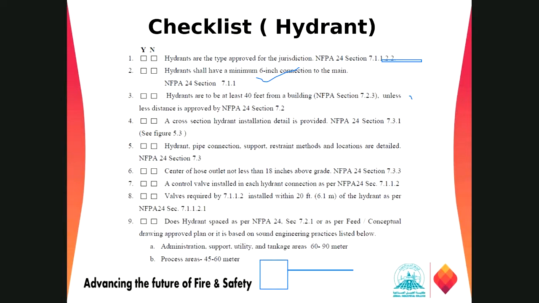We have our fire hydrant here. Within 6 meters of the hydrant, we have to provide one isolation valve, right? We need an isolation valve for each hydrant, so that we can close it in case of maintenance.